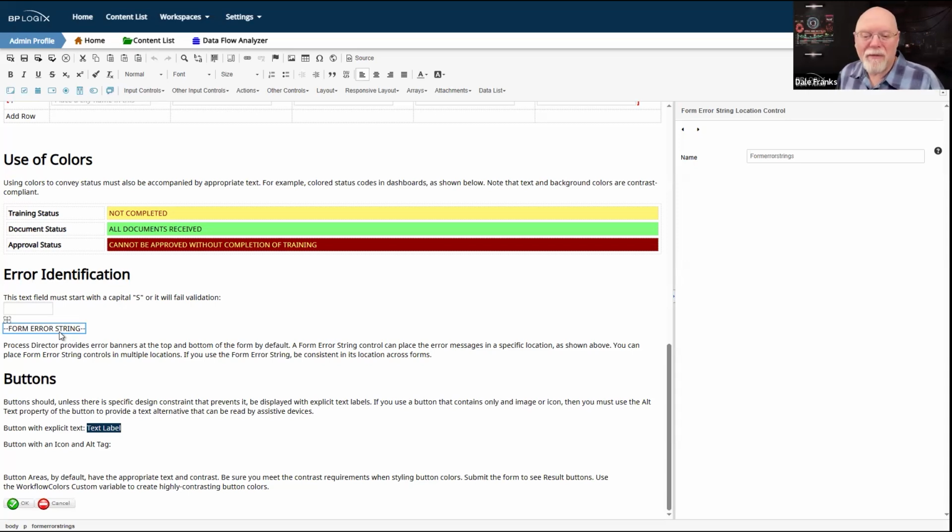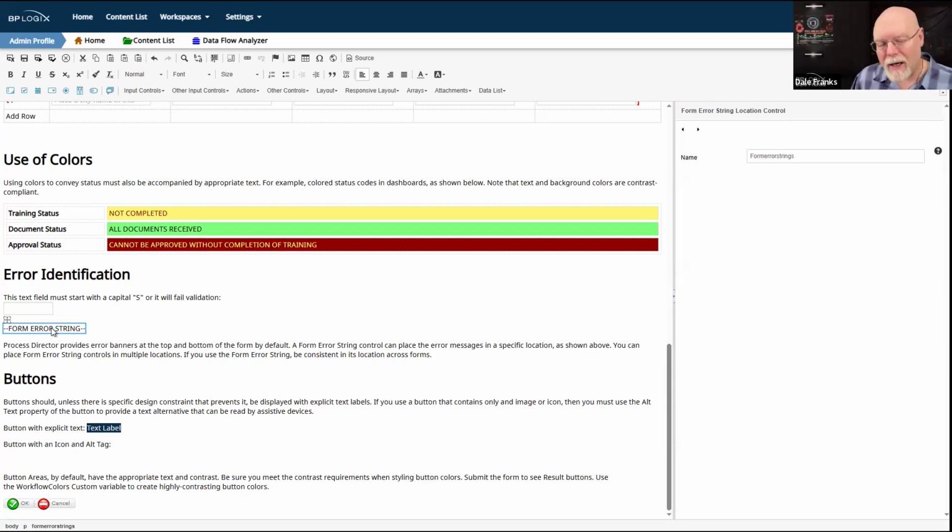That might be fine for this specific control if this is the only control that is ever going to be validated on this form, which on this form happens to be true. But just remember, if I put a form error string anywhere on the form, it is going to automatically remove the auto location that Process Director uses to stick it at the very top and the very bottom of the form. So you may wish to relocate that error string.